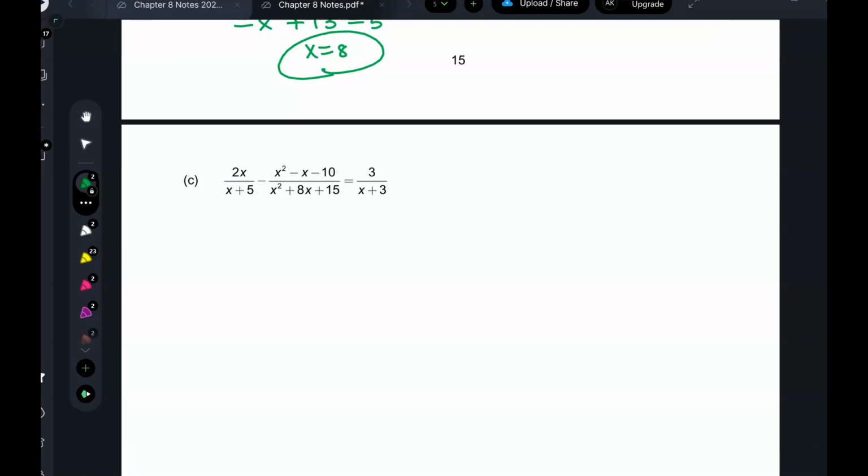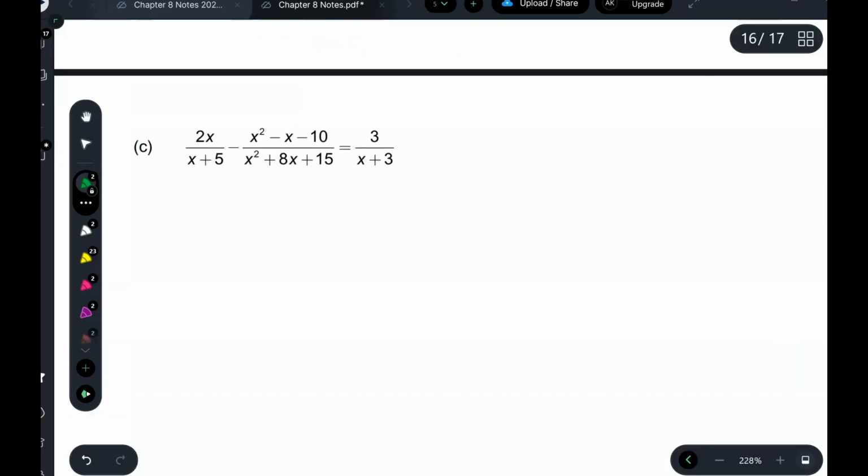Okay, so if we factor, what do we get for our least common denominator here? Let's see if we could kind of just do this. x minus 5, x plus